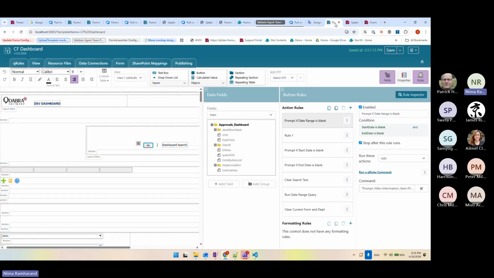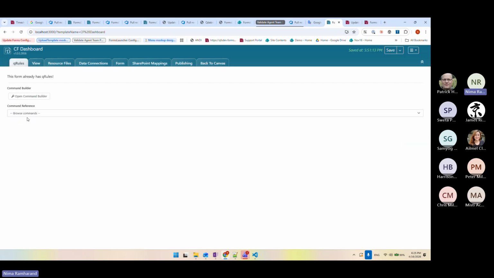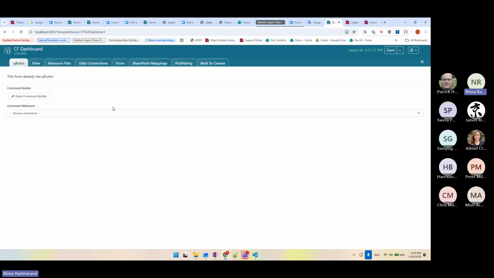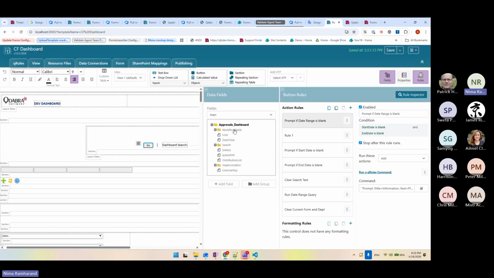Yeah, thank you. So if I go to the FormsDesigner, we can access the command builder in the Heroes tab. You can just launch the command builder from here and generate the command, just like the demo, and copy your command and use it. Or also you can,